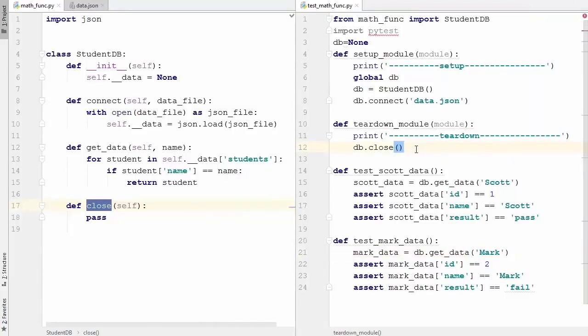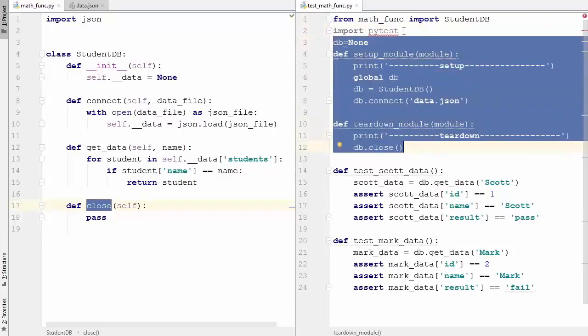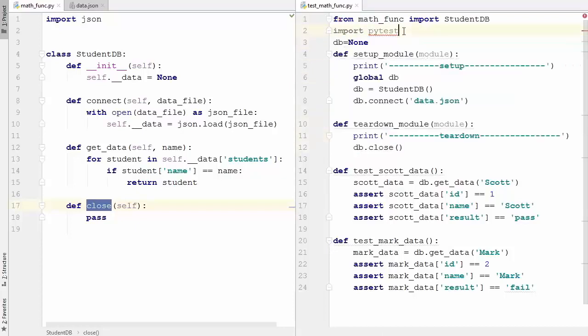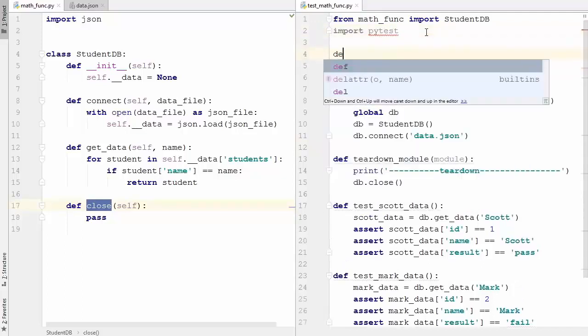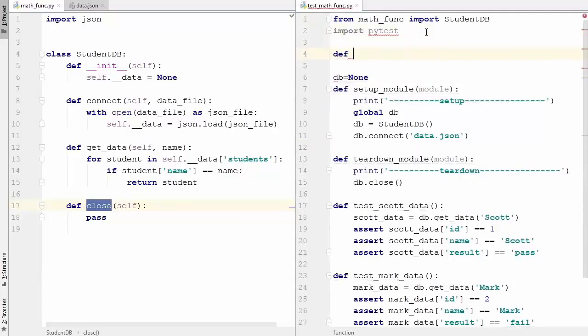Now let's talk about the Python fixtures. Instead of using the setup and teardown methods, PyTest allows us to write Python fixtures, which will automatically be called at the starting and the end of your test. So instead of writing all this code, first of all I have imported PyTest, and then I'm going to define a method which I will call db,